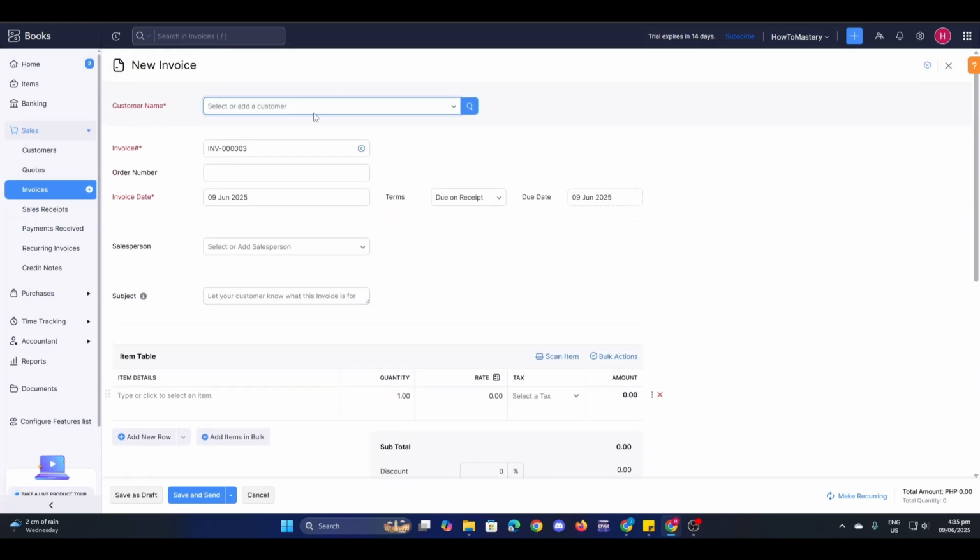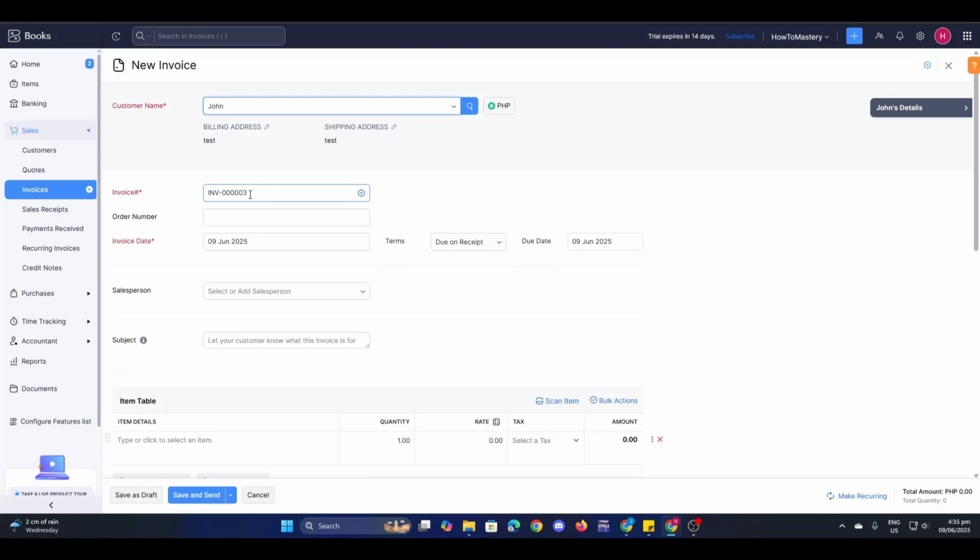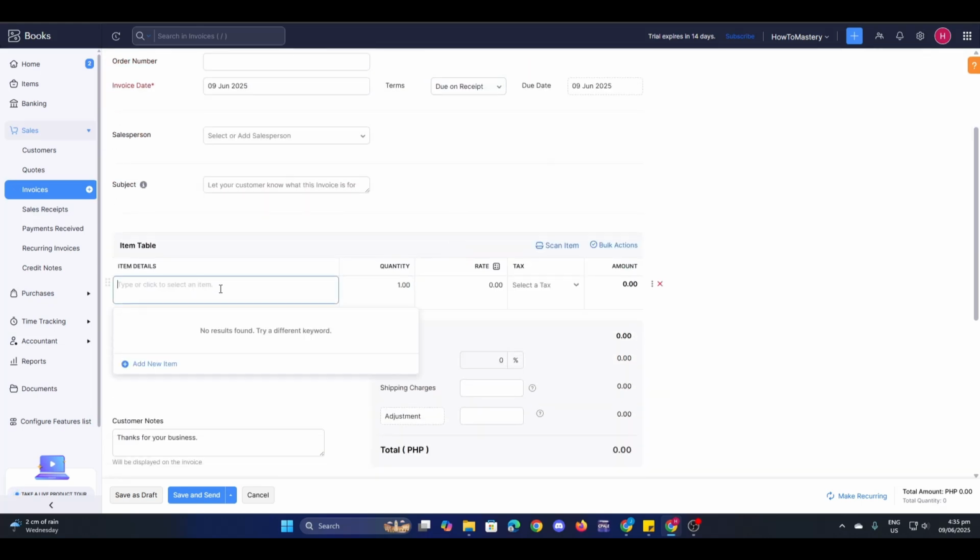So let's start filling in. Select your customer name, and then you can just change the invoice number here if you want, and then the invoice date as well. Next is, as for the item details here, so let's say I'm going to add consulting fee, and then you can just change, let's say my rate is 1,000,